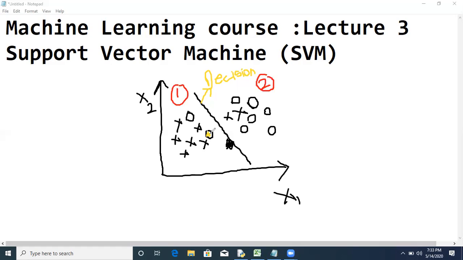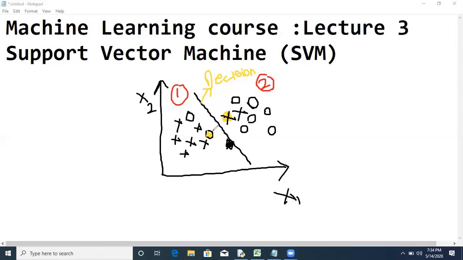So this will be the support vector for category 1 because it is from minority, it is from the class 2 or category 2. Similarly, this cross is near to this boundary, so it becomes support vector. This cross becomes support vector for category 2. So these yellow colored data points are nothing but support vectors. So using the support vectors, we will decide on what category these new data points will fall.